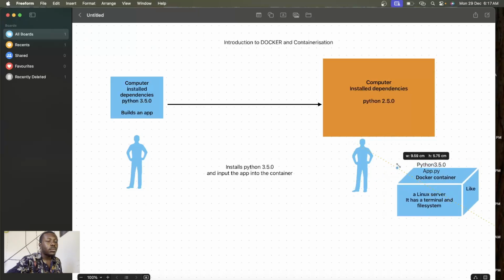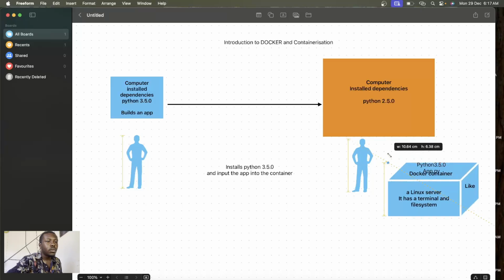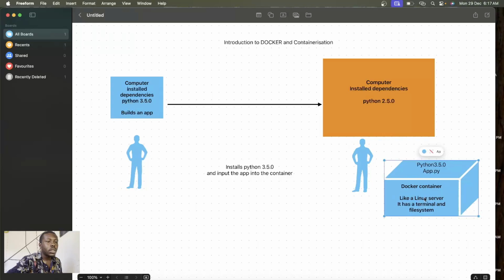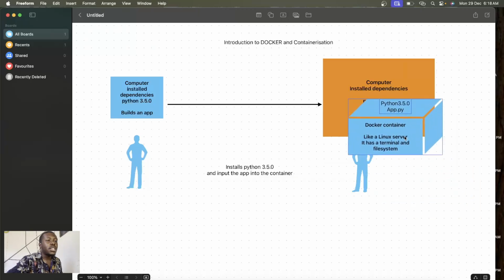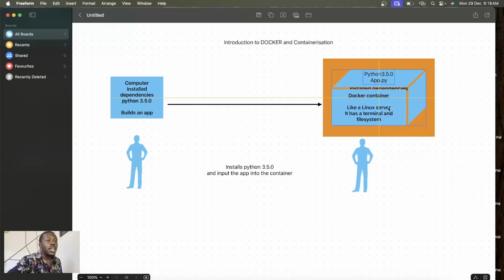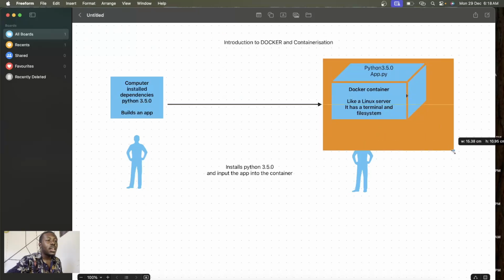Now okay, so the developer gives this guy the container. So this guy will just run the container in his or her laptop.